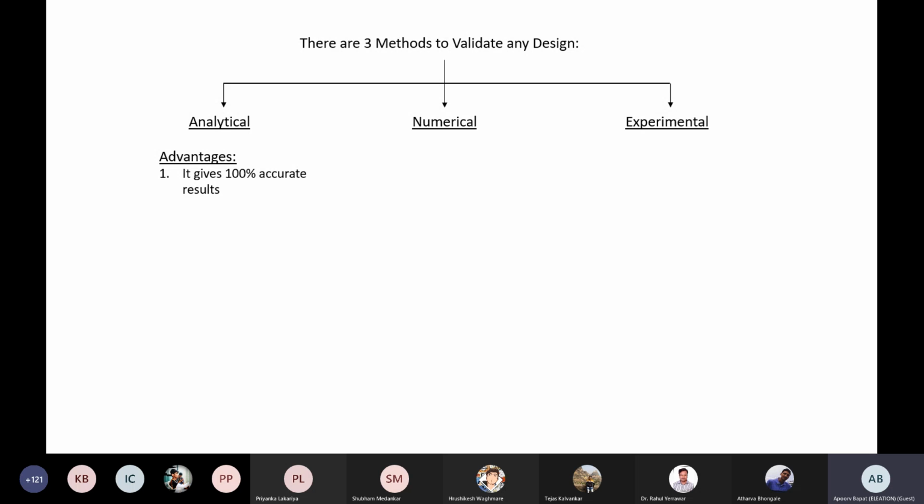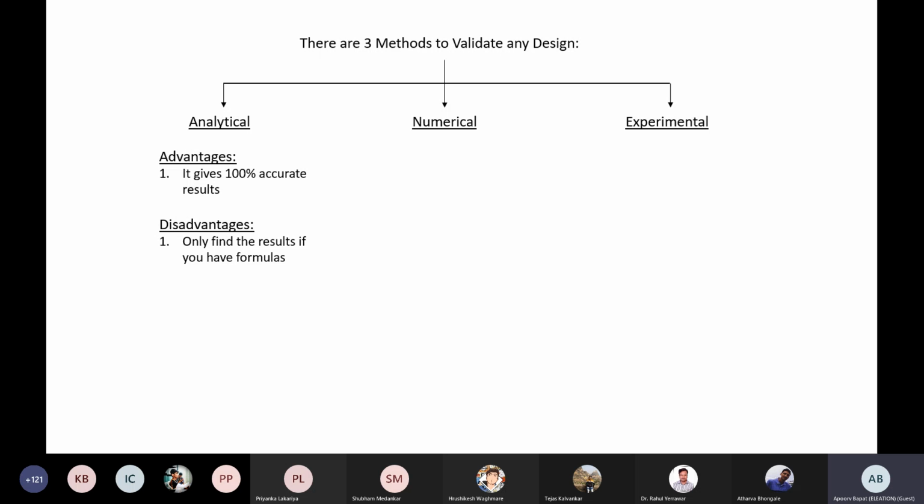The advantage of analytical, that is the formula based approach, is it can give 100% accurate results, but only for simple components. The disadvantage is you can find the results only if you know the formula. If you don't know the formula, you cannot find the result.